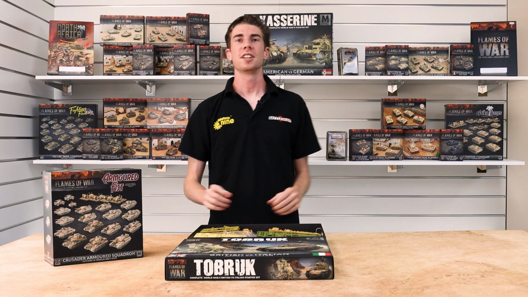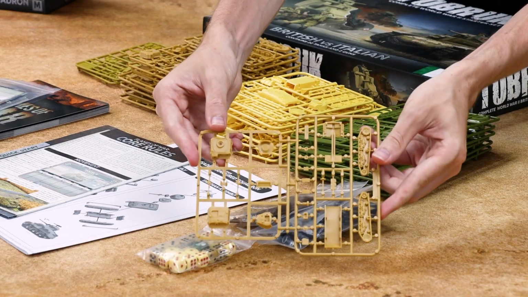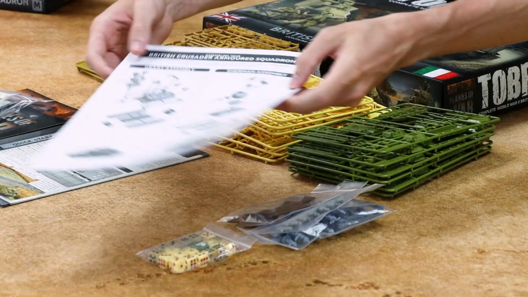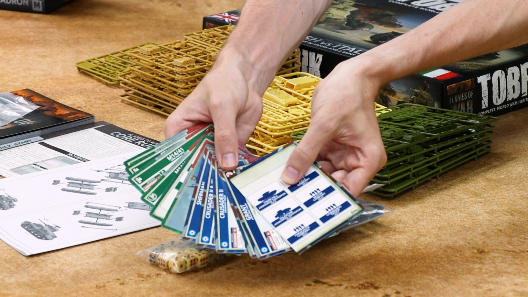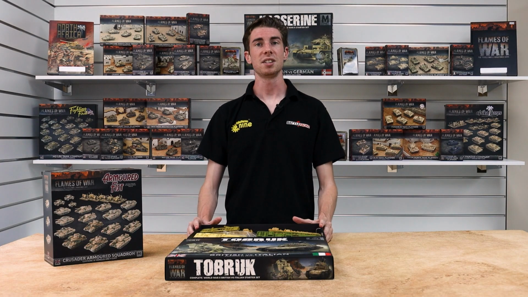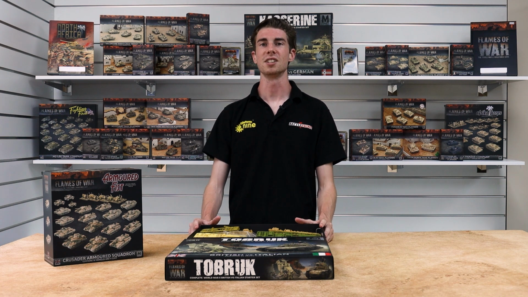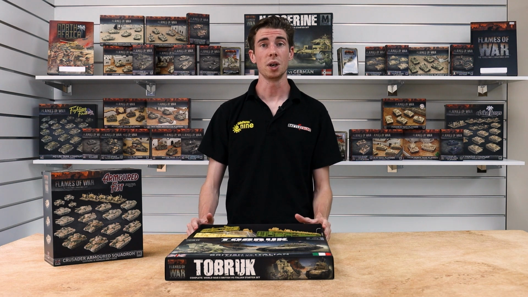The Tobruk Starter set contains all you need to get started with mid-war Flames of War. You have a complete Italian and British force, a mini rulebook, quick start guide and assembly guides to get you playing right away, unit cards to quickly reference your unit stats, dice and even tokens around the edge of the box that can be cut out. All you need is some plastic cement to assemble your miniatures and a tape measure for measuring distances, and you're set to play. Throw in some paints as well to paint up your army and you're ready to recreate the